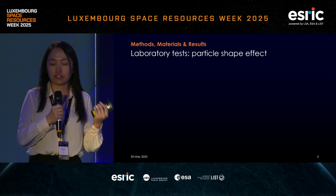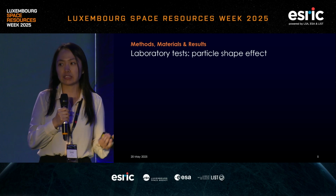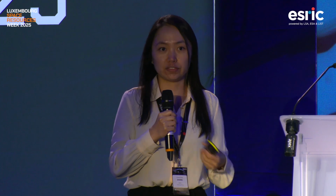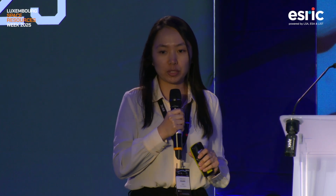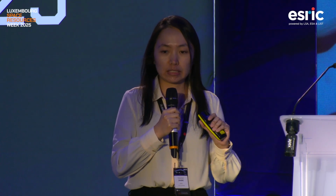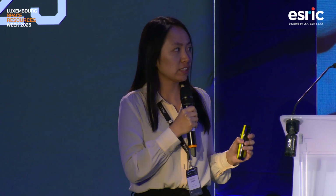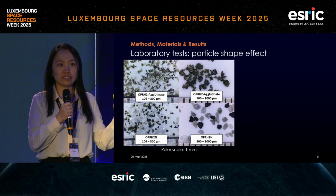The system configuration operation is important, but we also wanted to know if the system is sensitive to particle types of different properties, basically. So here I present you another example when we tried to compare the separation results between two particles of different shapes. So we got simulants from Off Planet Research, and